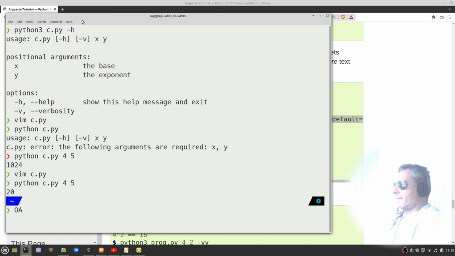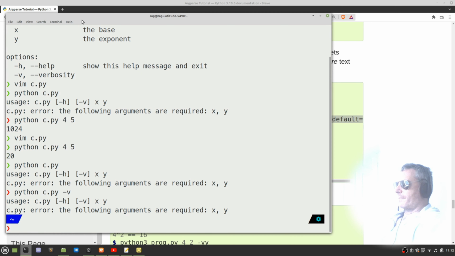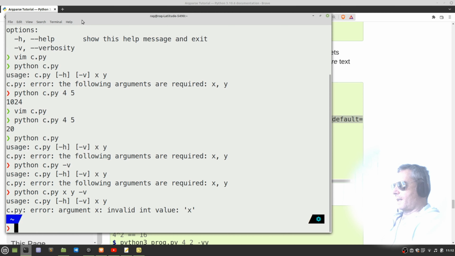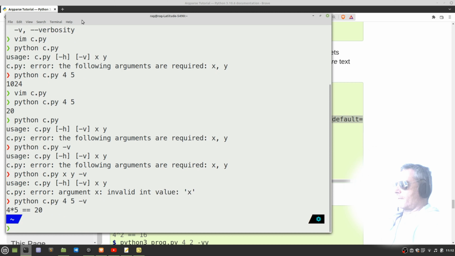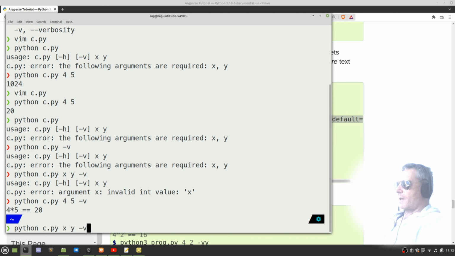So if we run that again, without the arguments, it tells you what it's asking, what it needs. If we do -v, let's do x, y, -v, invalid int value, so 4, 5. There we go. So using the v gives you 4 times 5 equals 20, whereas without the v, it just gave you 20. So if we go back to the code,